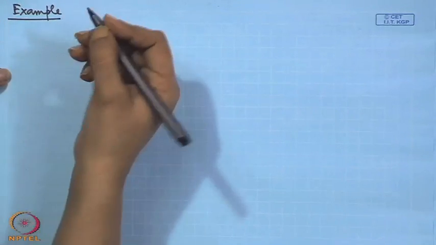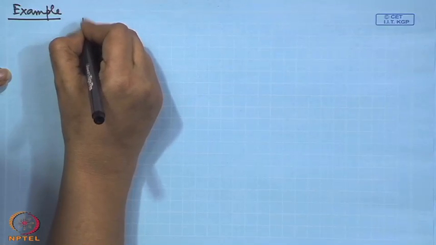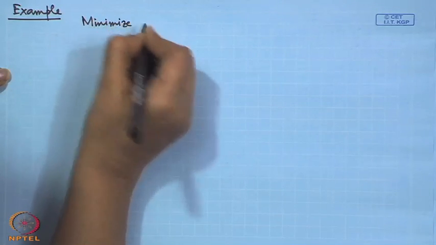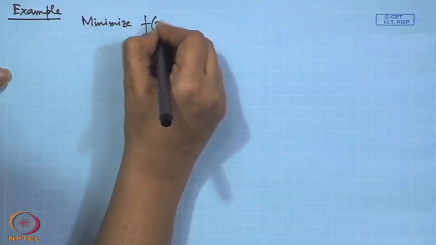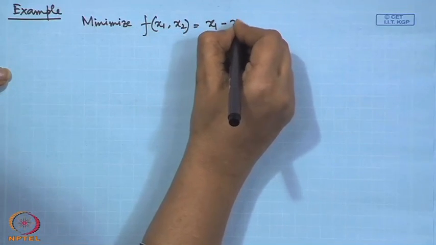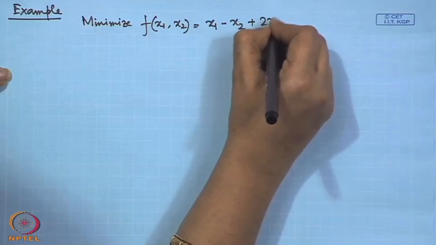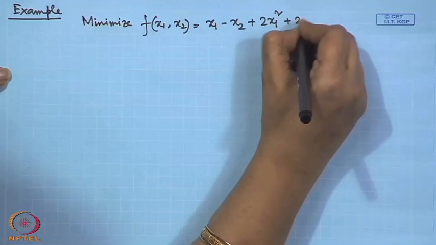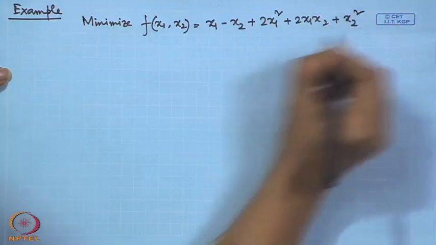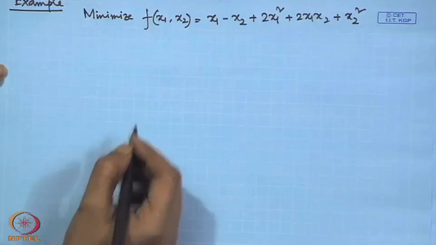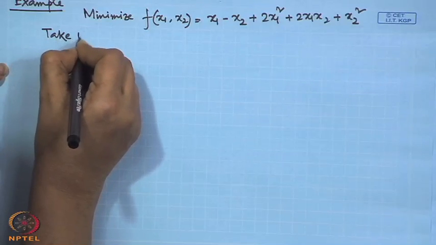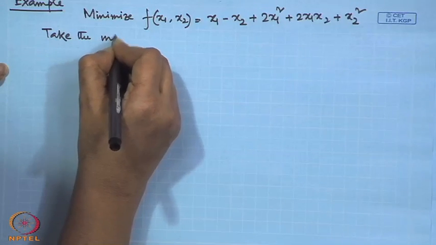The problem is that we have a two variable objective function: minimize f(x1, x2) = x1 - x2 + 2x1^2 + 2x1x2 + x2^2, and it has been given that we take the initial simplex